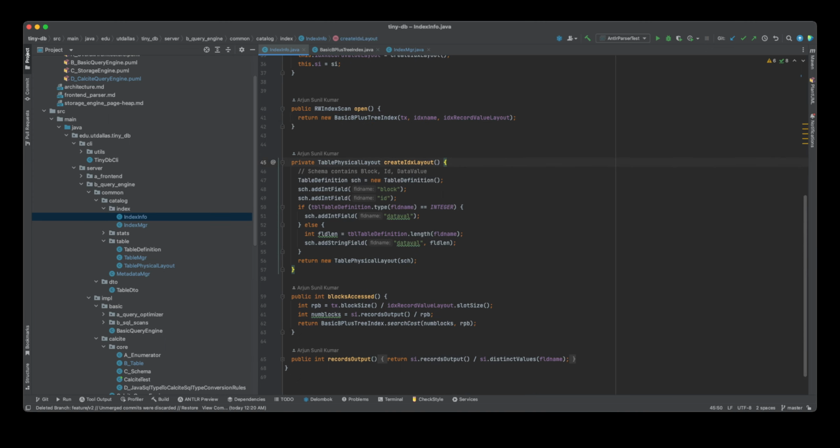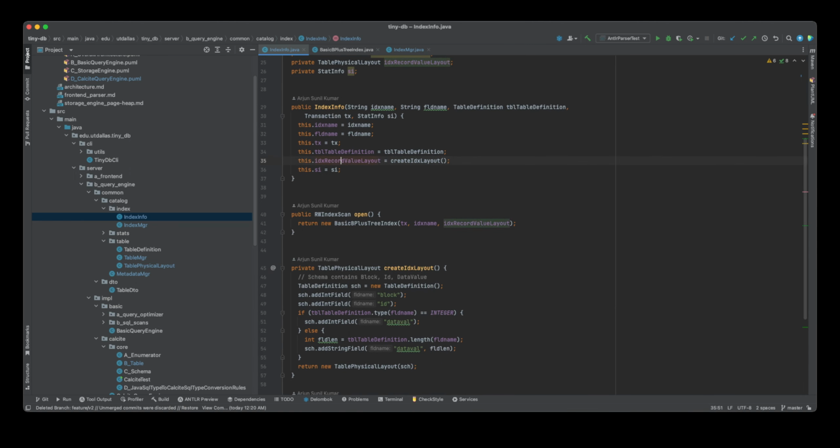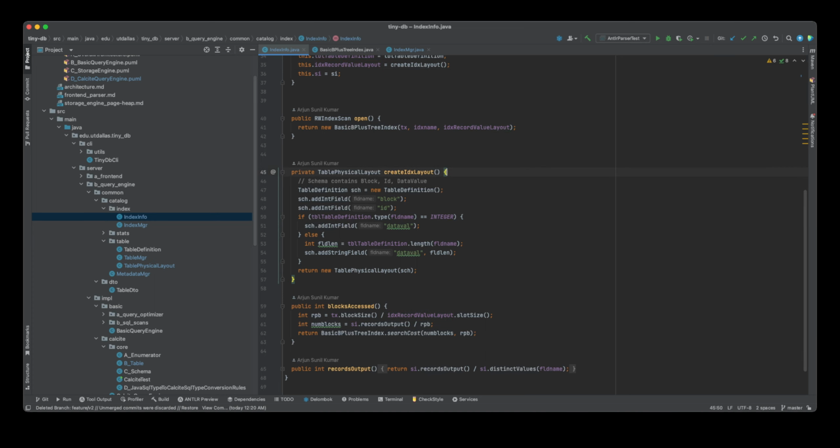So create index layout is basically used to open that up. So with the create index layout, you are setting the layout to be having three items. One is block ID and the corresponding one is block, and the other one is ID, and the third one is